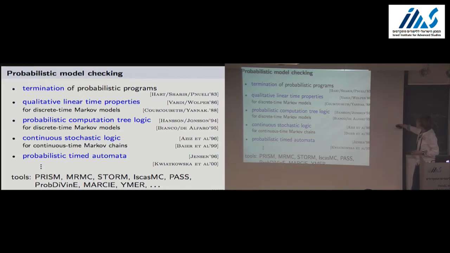But then it was around 94, 95, where many people started to look again at this very fundamental work and to extend it in the direction of, for instance, some kind of branching time logic, probabilistic computation tree logic, or to extend this technique for continuous time models, or to talk about probabilistic timed automata, and so on. And nowadays there is a series of tools that support many types of models and many types of logics, and maybe the most prominent one is PRISM, developed at Birmingham and Oxford in the group of Marta Kwiatkowska.